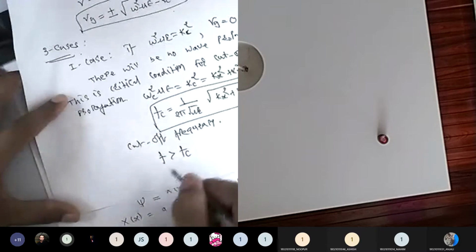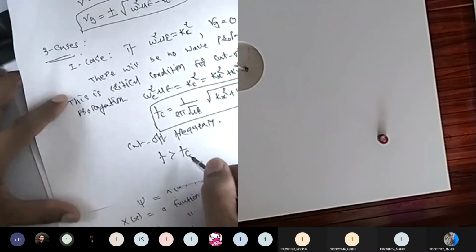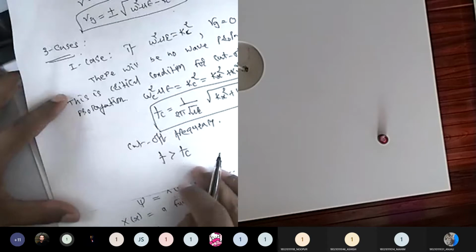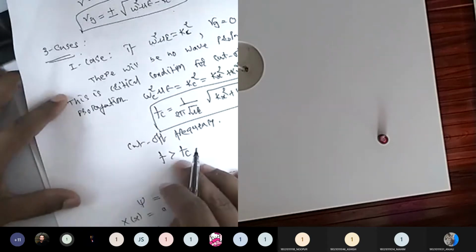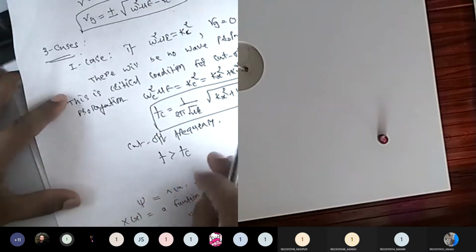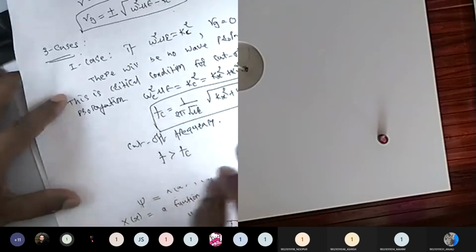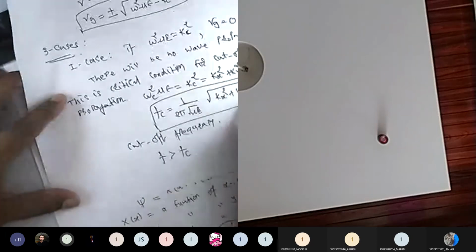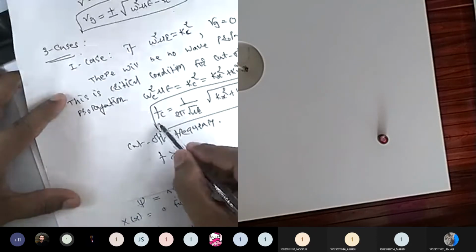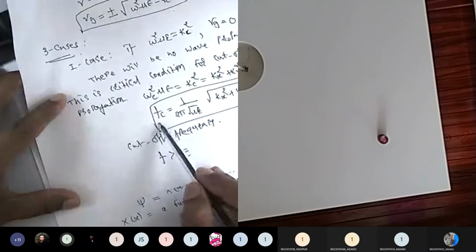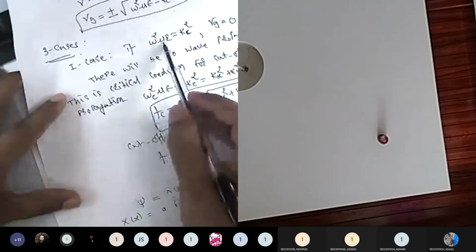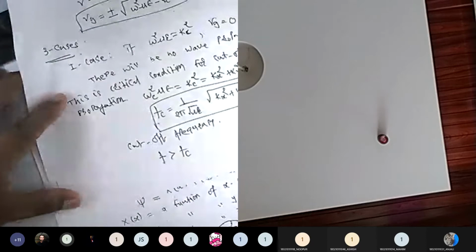And that's why, when we took the basic introduction class, we saw that a frequency can only propagate if it is greater than the cutoff frequency. So here we have mathematically proved that according to this condition, when f is greater than fc, gamma g does not become 0; otherwise, for this condition, it becomes 0.